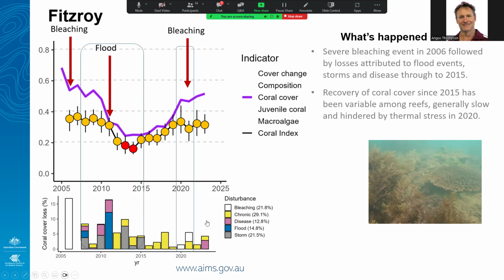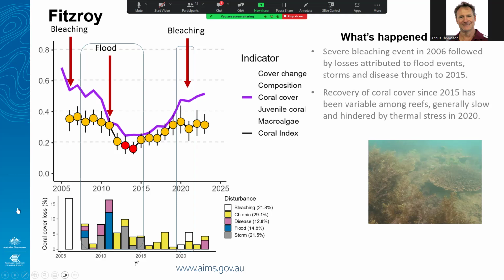And so what we saw in that drier period after the rainy times, we got coral cover increasing, but that cover wasn't consistently increasing at all reefs. And the photo that you can see there is at Pelican Island, where there was a lot of macroalgae and the corals were very slow to recover. And if you click again,